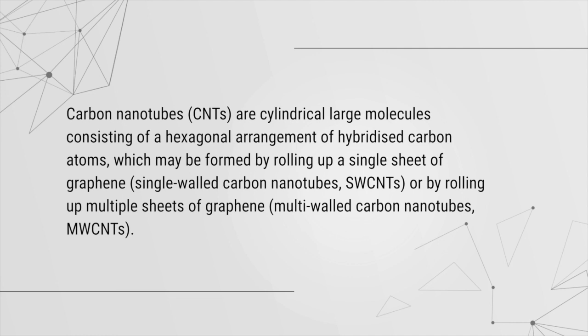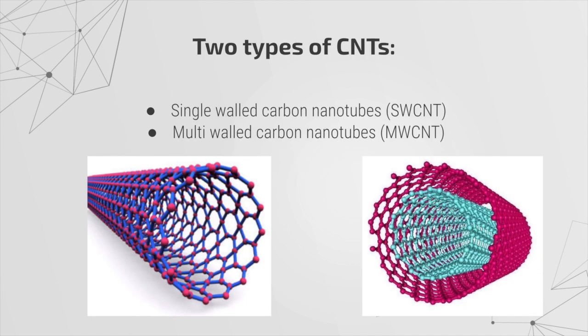Generally, the length of carbon nanotubes varies from several micrometers to millimeters, and the diameter varies from 1 to 20 nanometers. The tube may contain one cylindrical wall of graphite or a number of concentric cylindrical walls. A carbon nanotube consisting of one cylindrical graphite wall is called a single wall nanotube, otherwise they are known as multi-wall nanotubes. There are two types of carbon nanotubes: single wall carbon nanotube and multi-wall carbon nanotube.